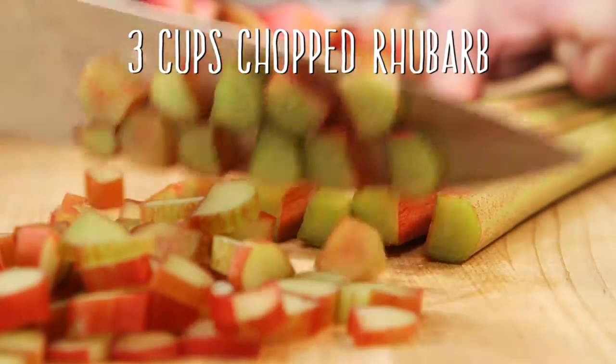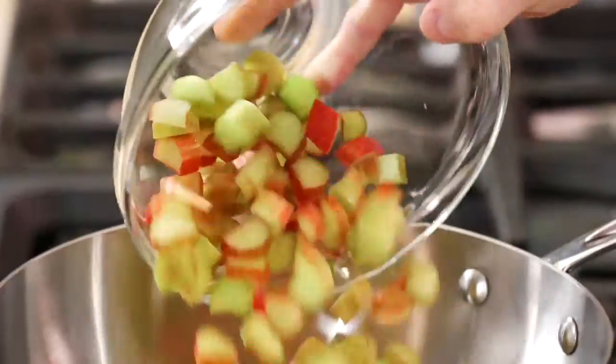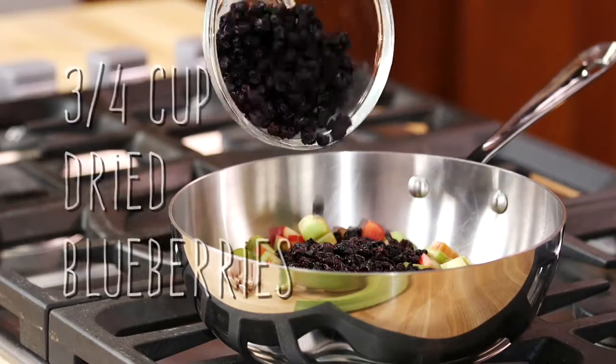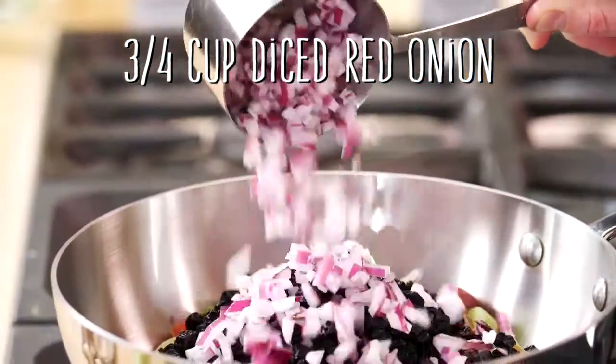First, cut 1 pound of fresh rhubarb into half-inch pieces. You'll need about 3 cups total. Add the rhubarb to a large saucepan, along with 1 cup of dried dark red cherries and 3/4 of a cup of dried blueberries. Then add 3/4 of a cup of diced red onion,